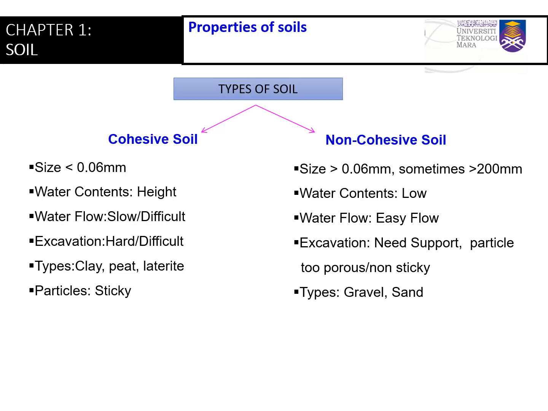Water content is high in cohesive soil, and water content in non-cohesive soil is low. That's because in non-cohesive soil, let's take the sand, okay? If you pour water on the sand, it will quickly dry up because the particles are not melekat to each other. It's loose. It's not holding each other, so it has space, it has pores, so the water flows easily to beneath, to the below